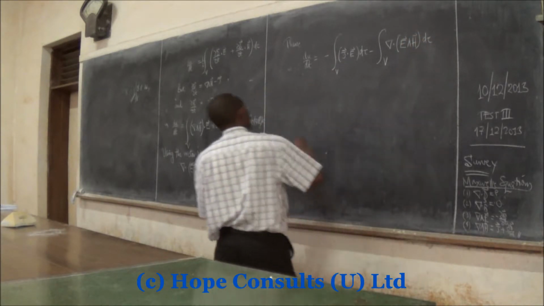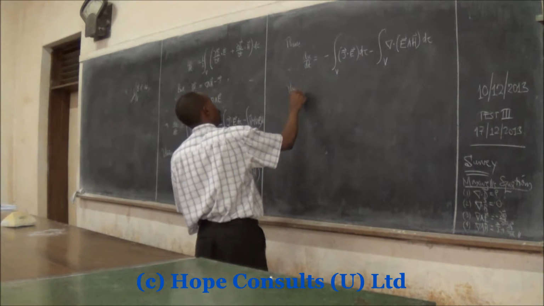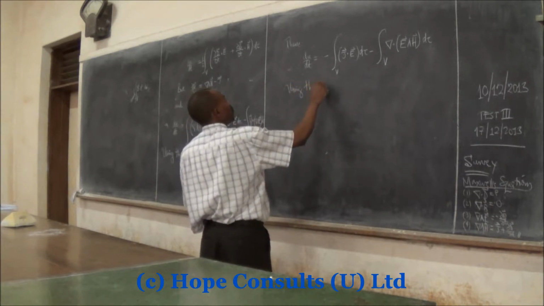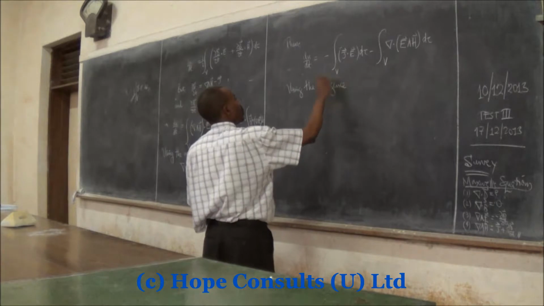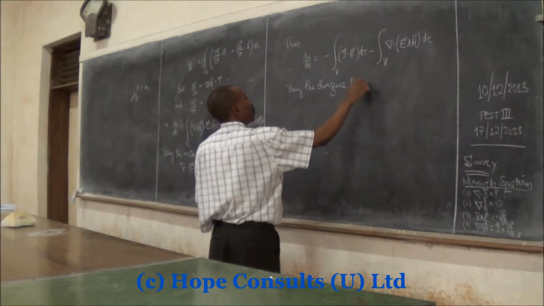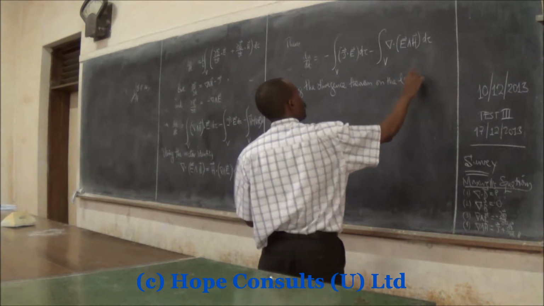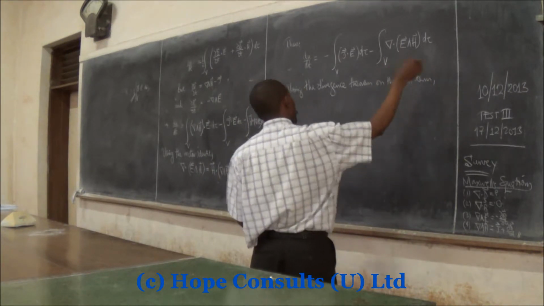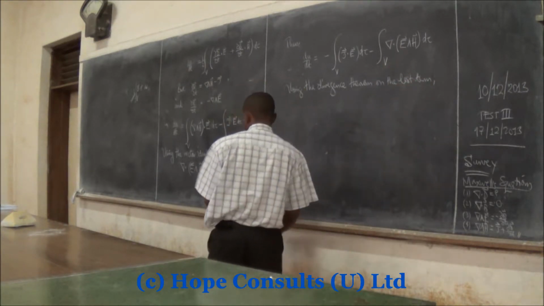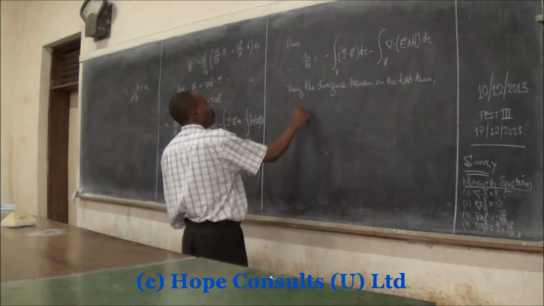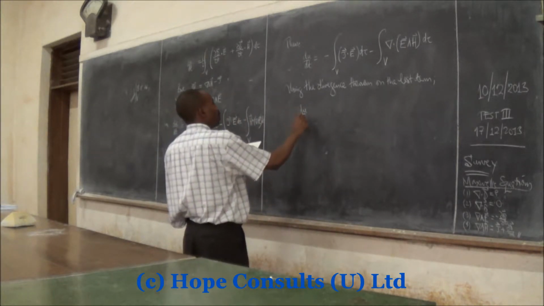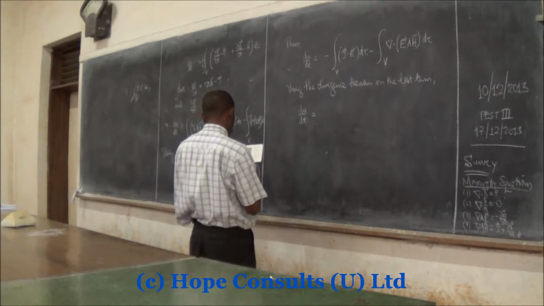Using the divergence theorem on the last term, or the second term, since there are only two, du dt is equal to